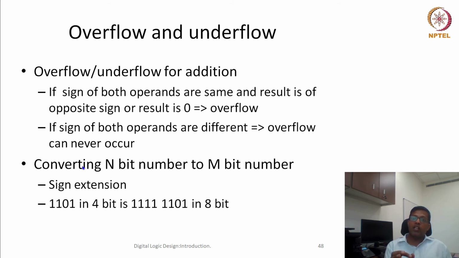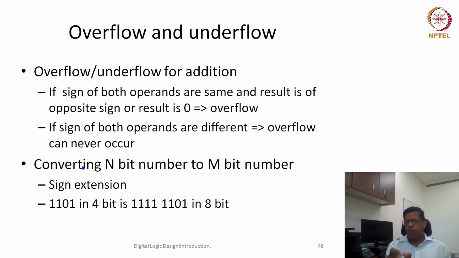And we can also clarify one thing: if the signs are different, one number is positive and another number is negative, and we are adding these two numbers, there can never be an overflow or underflow condition. The number which is larger is going to win. For example, I am adding plus 5 and -8. Whatever number is larger in magnitude, your result will take that particular sign, but it is not going to be overflow or underflow. So this sign condition check can tell me whether there is an overflow or underflow condition.